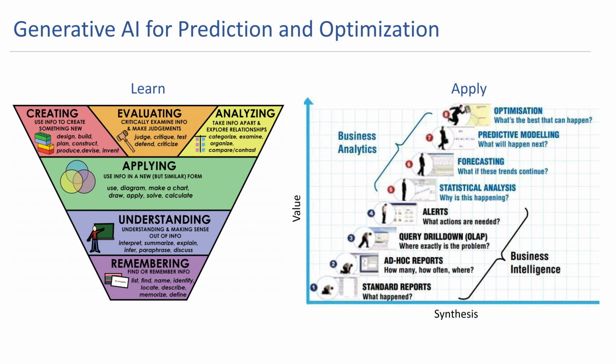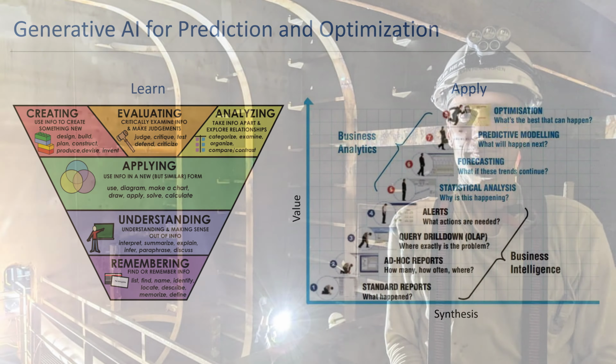They gave generative AI to a fraction of companies' employees. They found that they were able to complete the tasks with 40% higher quality and 12% more tasks and 25% faster. And this was from the Boston Consulting Group. So we can get beyond some of these remembering and understanding into creating, evaluating, and analyzing.